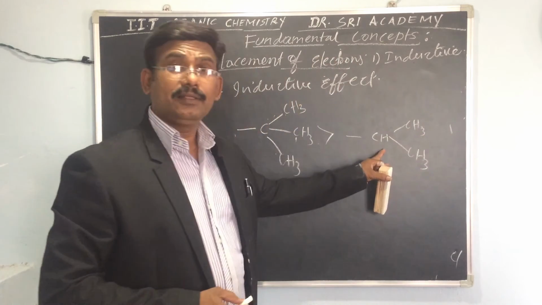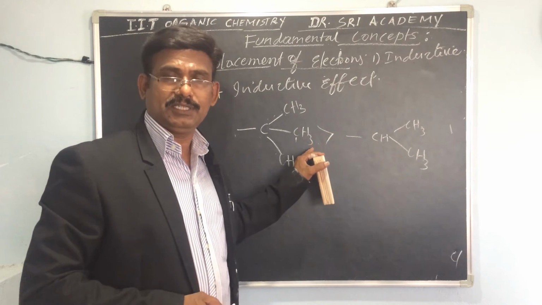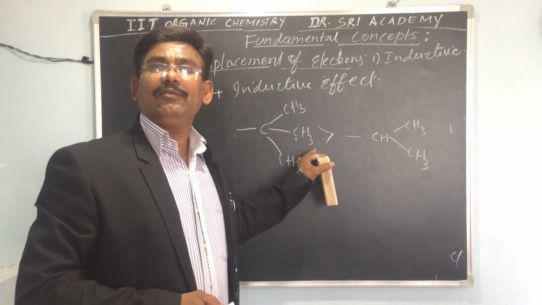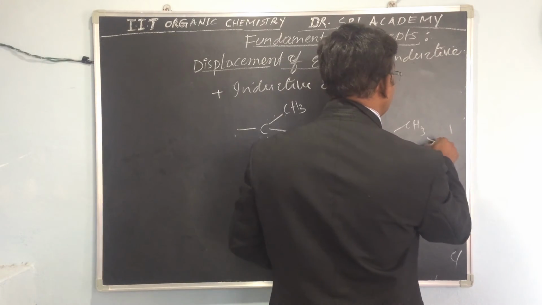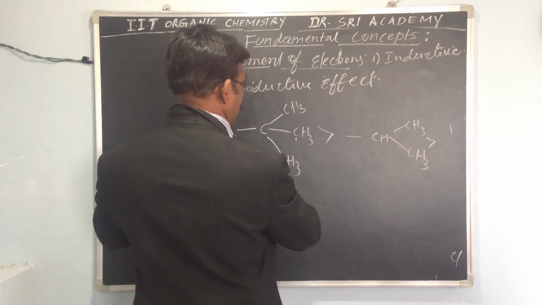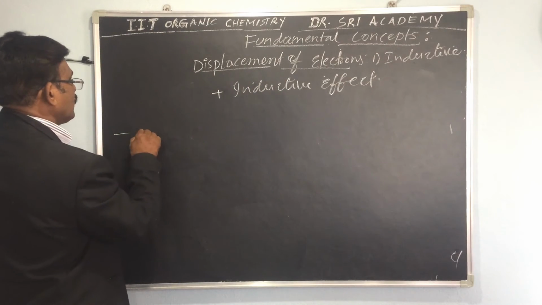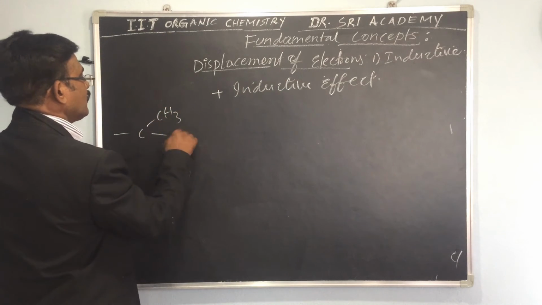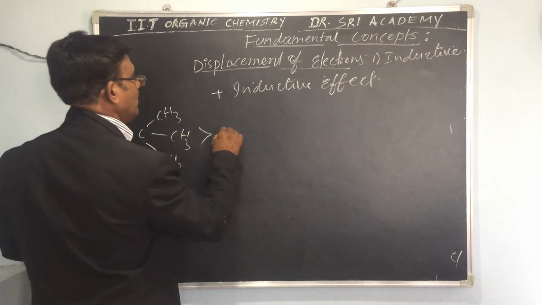Then the second one is the lesser releasing group than the first one. Here we have to see that this is greater than this one, ethane. You can write from here. Is greater than the